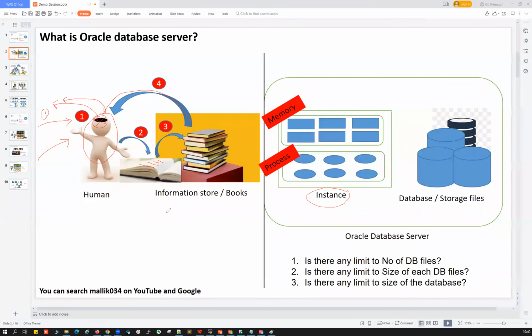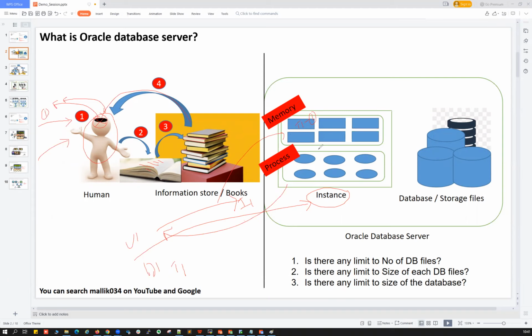So if any user comes and connects to my instance, like application user one, developer user one, or testing user, they connect to the instance. The moment they connect, they're going to insert some record. Connecting to the instance means connecting to memory, and they insert some record into table T1. Then the instance tells them back, okay, your data is saved.